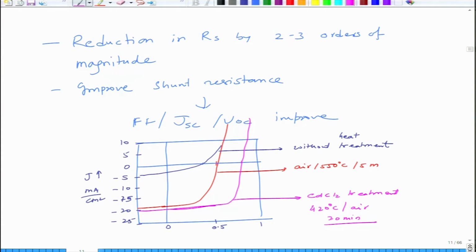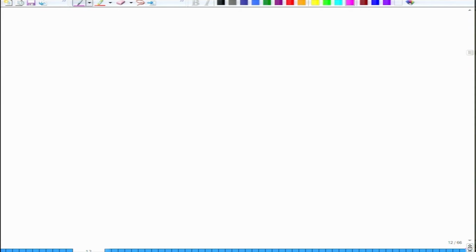This is what one observes in these solar cells. And the grain size tends to increase substantially. The grain size becomes of the order of about a micron or more. So after this treatment, the grain size increases to about 1 to 2 micron. So objective is to obtain. So this chlorine treatment is important for cadmium, and the XRD also tends to show changes.